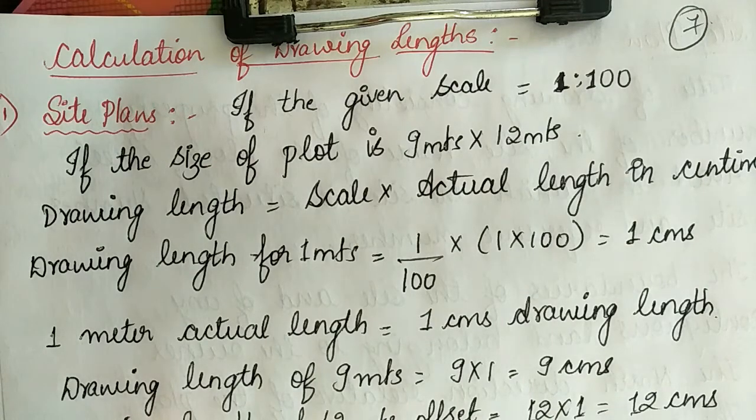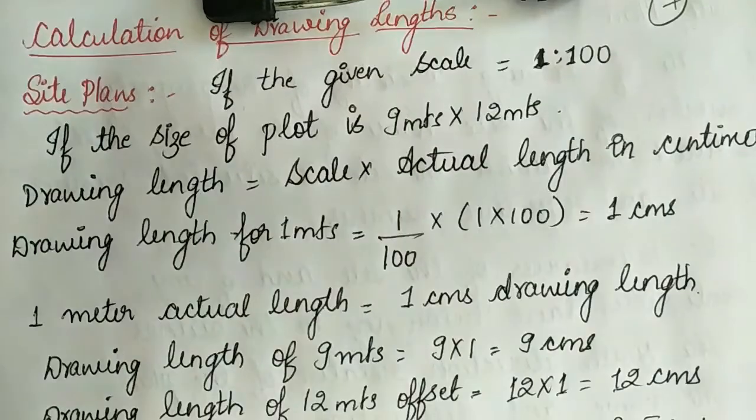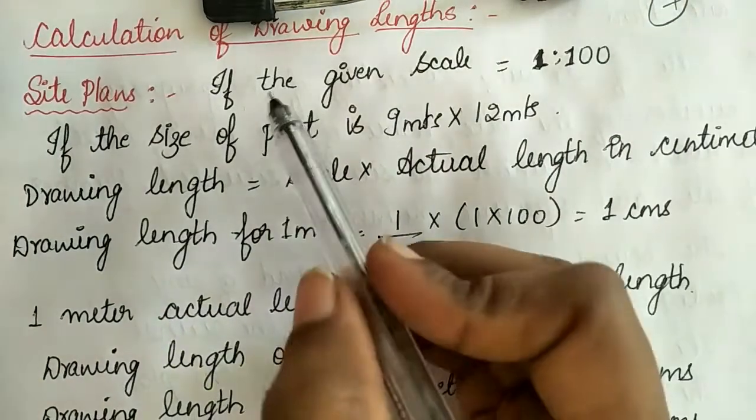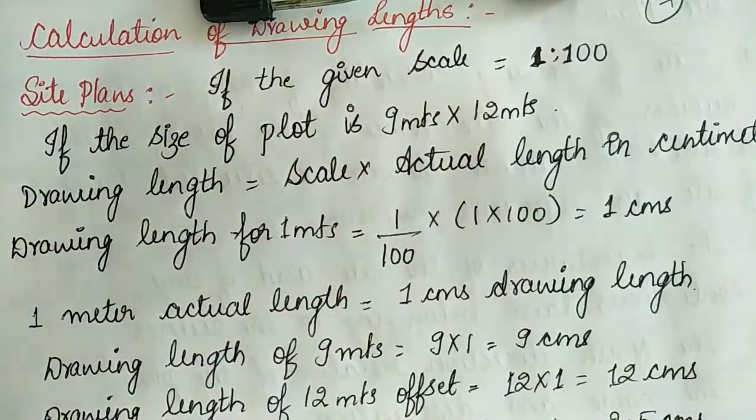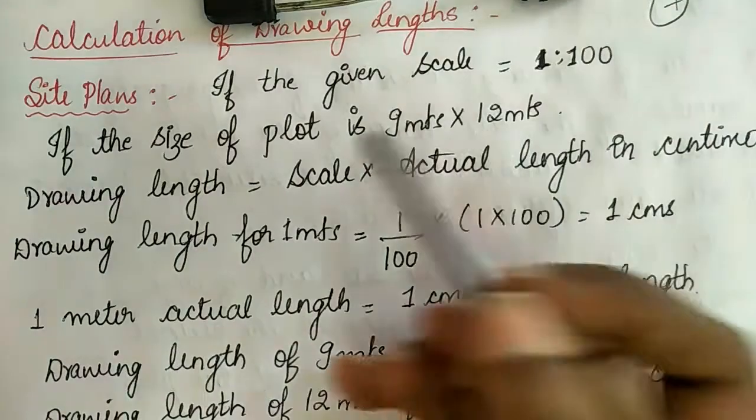After leaving the setbacks, the portion you use only for building construction, that is the floor area ratio, as well as the setbacks you want to leave, all these things should be shown in your site plan. So how are you going to convert this? Let us start with a simple example here.